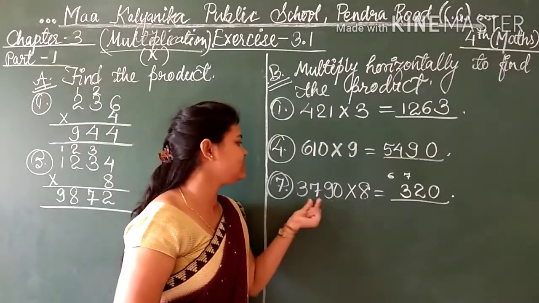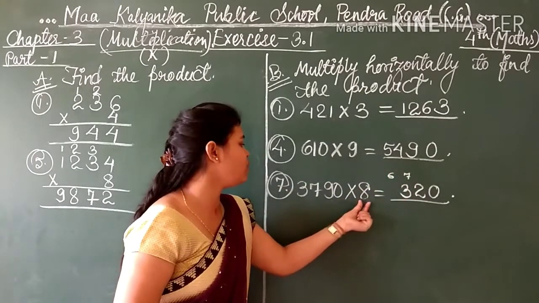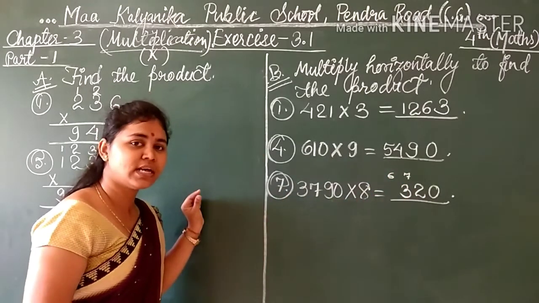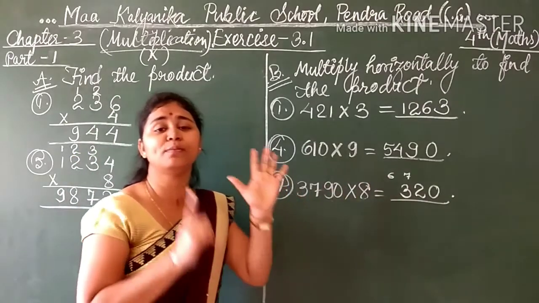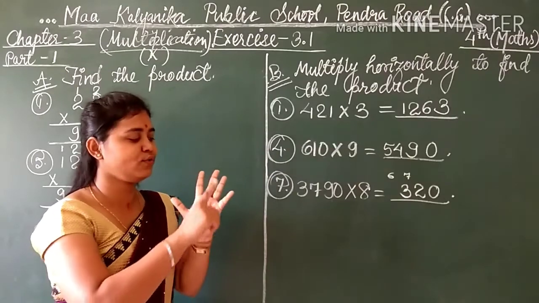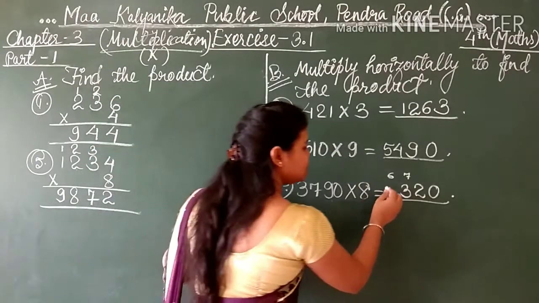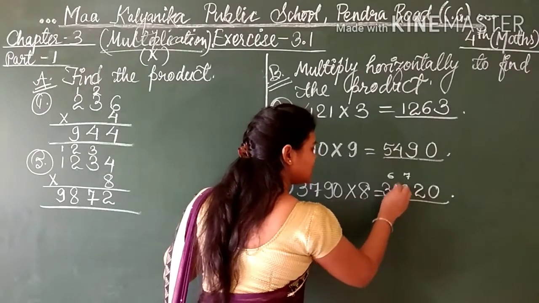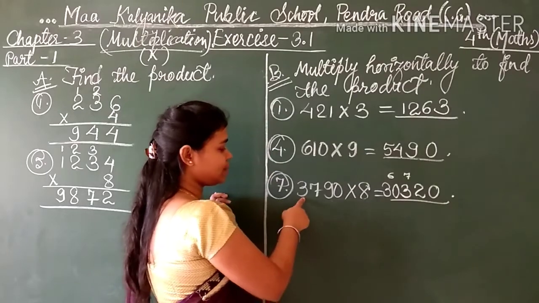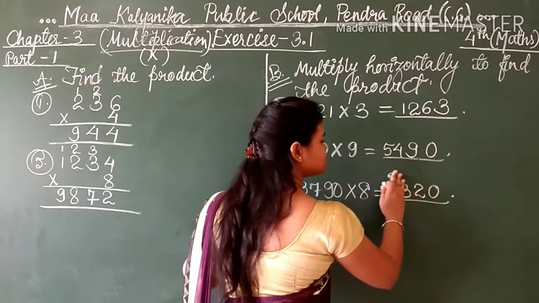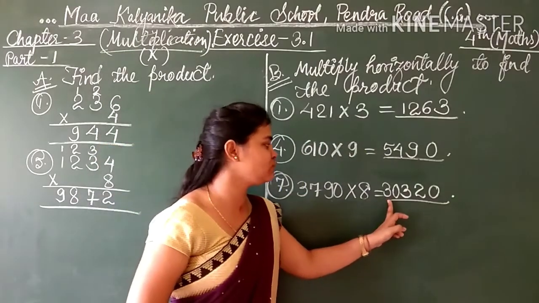Okay. Now 8 sevens are 56 is there. 56 plus 7, 63. Okay. Now 8 threes are 24. 24 plus 6 is 30. 24, 25, 26, 27, 28, 29, 30. 30 is there. So directly we will write 30. Why? Because we have already multiplied the rest of the numbers and 3 is the last digit, and this we can erase.